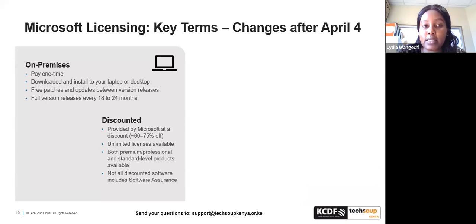Another change is that, let's see what I have in the next slide. Okay, this will be the last slide, but another change that I can mention for TechSoup members who've purchased Microsoft products before is that you used to download your on-premise software on the volume licensing portal by Microsoft. So you would buy, let's say, Windows operating system from TechSoup, and you access the product key and the installation setup through VLSC, Volume Licensing Center or Volume Licensing Portal. That is no longer the case as of January of this year. So any software that you purchase now,